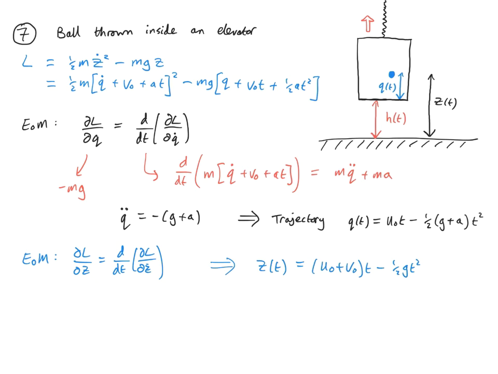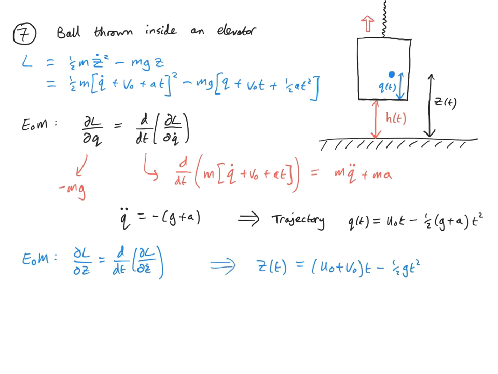So this is the trajectory of the ball in the reference frame of the ground, not in the reference frame of the accelerating elevator, but relative to the static ground. And we see this is a different reference frame, a different point of view, and we get a different interpretation of the physics. Z of t here looks like the same equation we would normally expect for a ball thrown